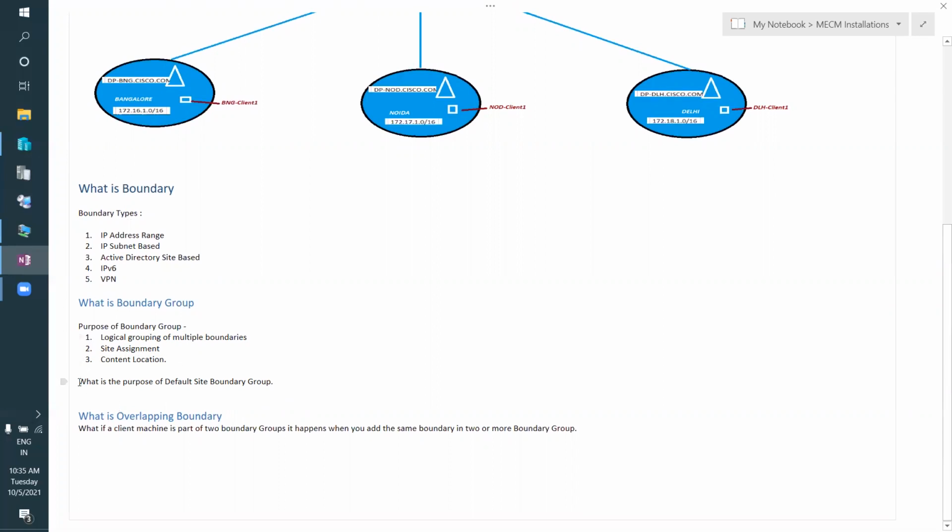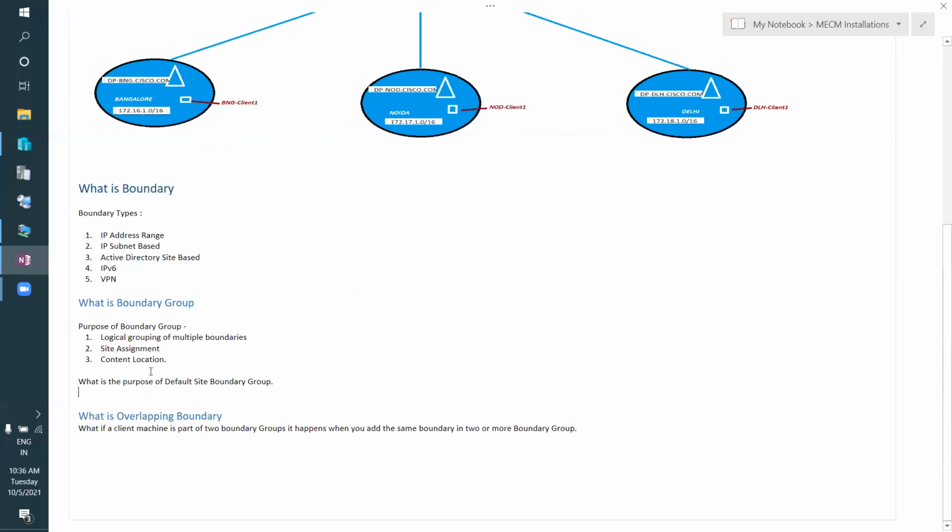There is a default site boundary group also, created when you install the SCCM server. By default, a boundary group gets created, named default site boundary group followed by your site code. What is the use of the default boundary group? Mainly we use it for fallback purposes.